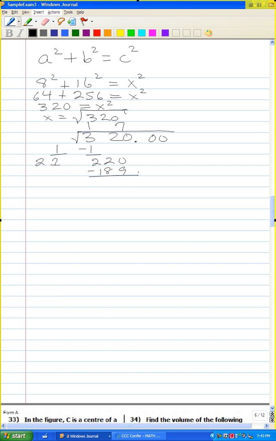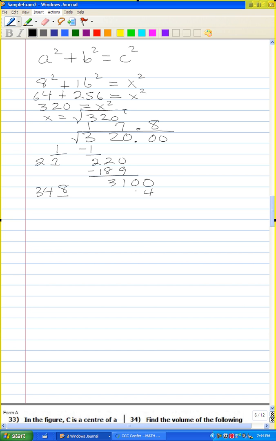Subtract 220 minus 189, 31. Drop down 2 zeros. 17 times 2 is 34. So I need an extra digit here. 348. That'll give you